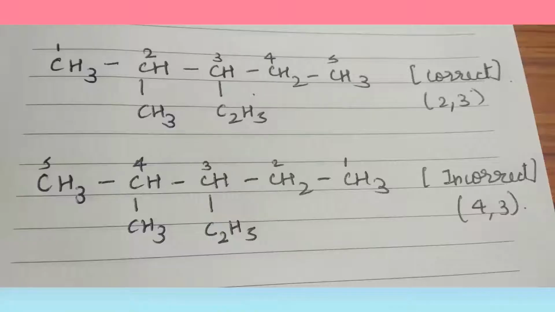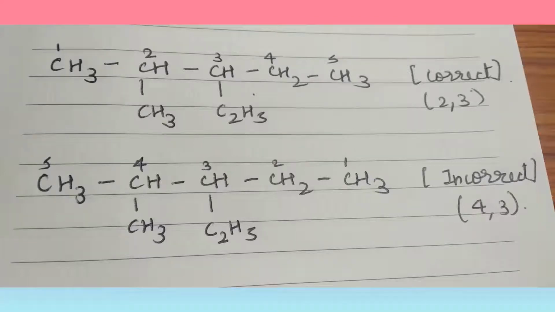To explain how we give these locant positions to the carbon chains, I'm going to show it with the help of a few more examples. I would request you all to carry a paper and pen when you're watching this video, so that when I'm showing these different examples, you can pen it down on the paper and practice giving the locants to the chain and also naming the compounds.